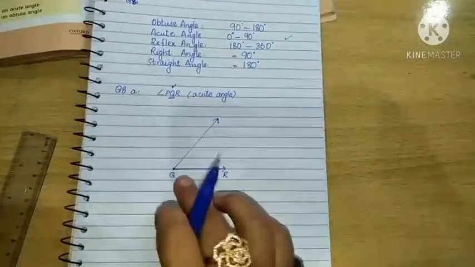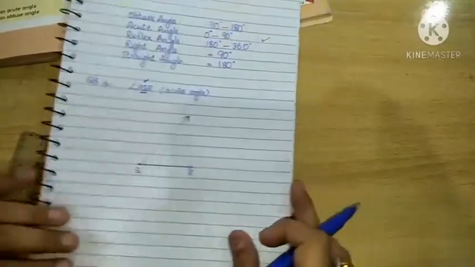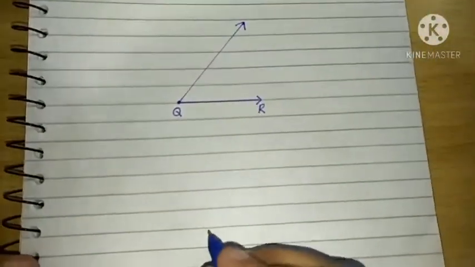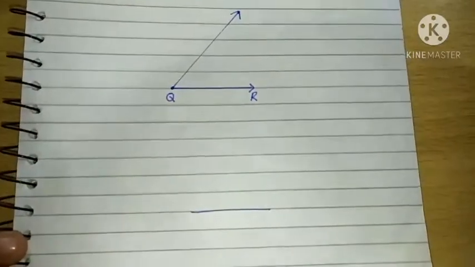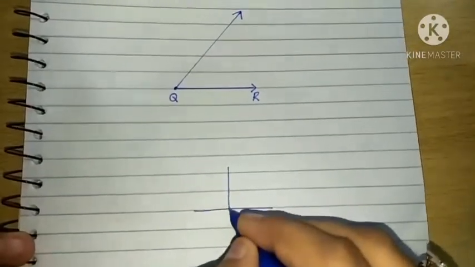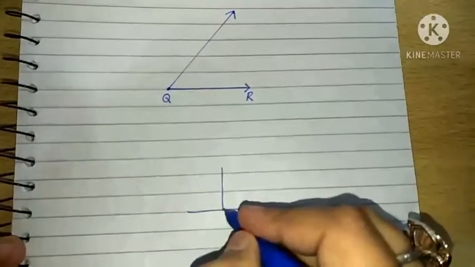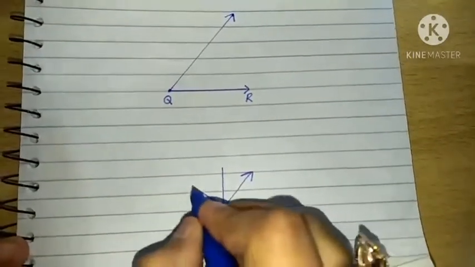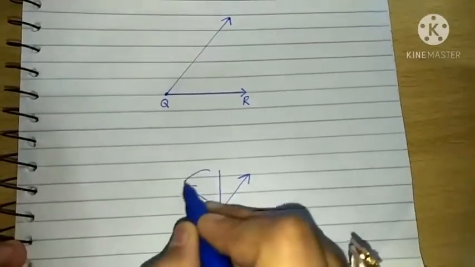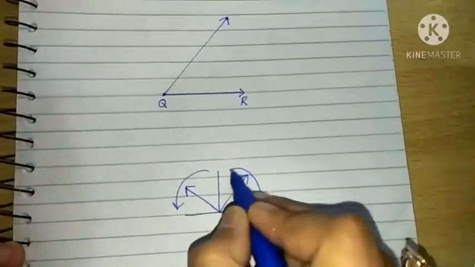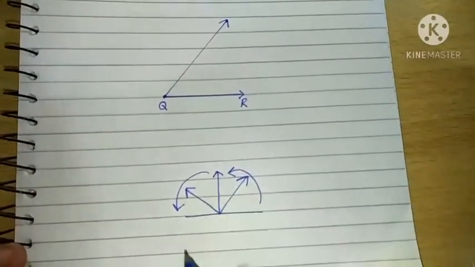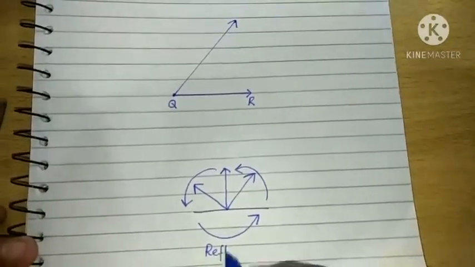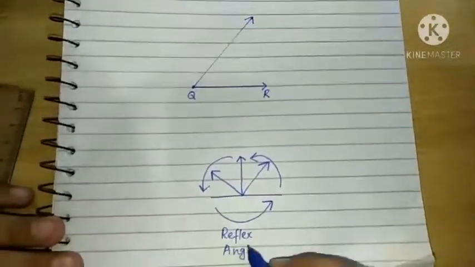Dear students, you can also draw this with the help of a scale, but you have to remember these things which I am going to draw. On a straight line, a straight angle is like this. An acute angle lies on this side, and an obtuse angle lies on this side. This is the right angle, and this side is for the reflex angle. Your reflex angle will always be here.